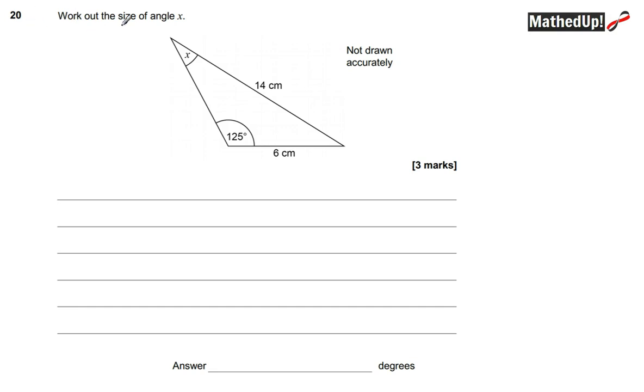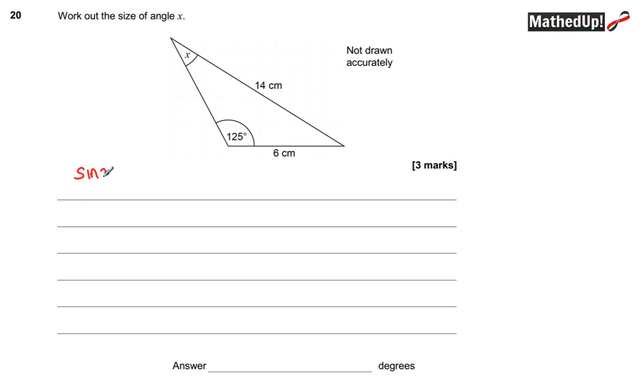Question 20. Work out the size of angle X. I've got a non-right angle triangle here, so I know that I'm going to use either the sine rule or the cosine rule. Now, I've got two things that match here, so that tells me I am going to use the sine rule. So I'm going to start by saying, well, the thing that I don't know is an angle, so I'm going to